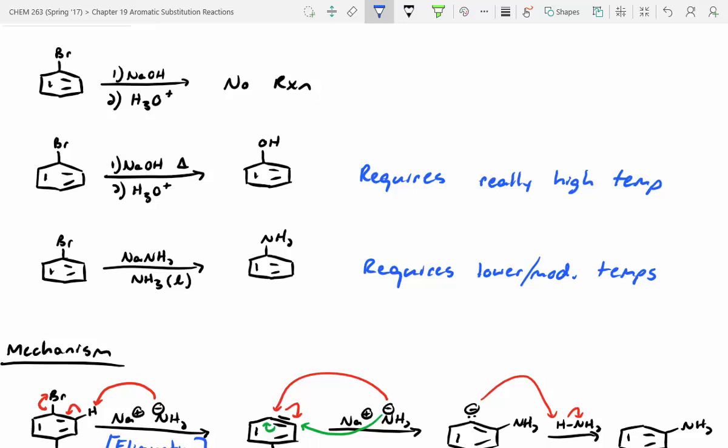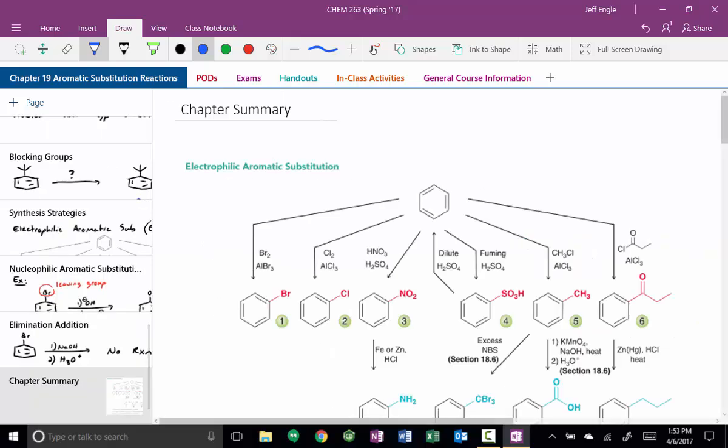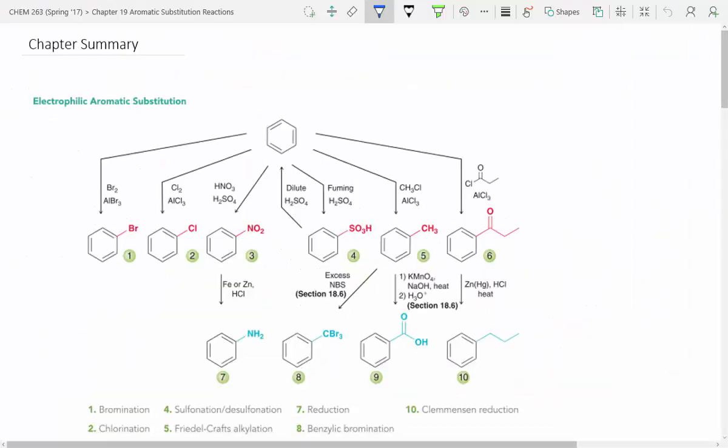Okay, so let's take a look at the chapter summary. This was a pretty dense chapter. On the top half, we've got our electrophilic aromatic substitution. That's where we install all of the red functional groups. And then we know we can derivatize those functional groups even further. So in the case of a nitro group, we can reduce it to an aniline. With the methyl group, you can actually